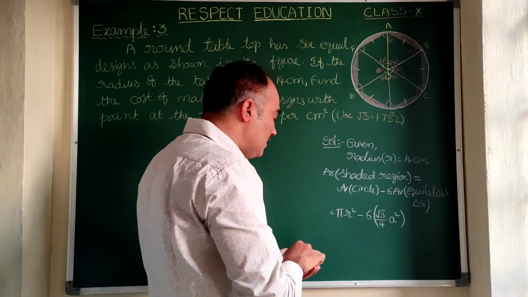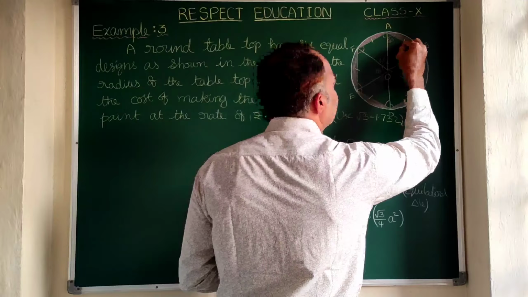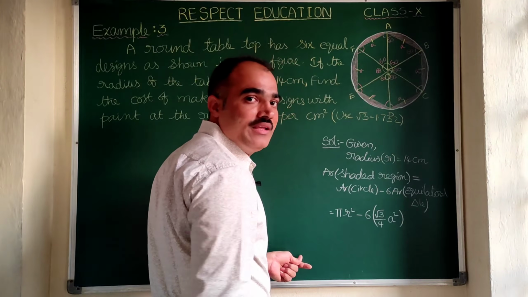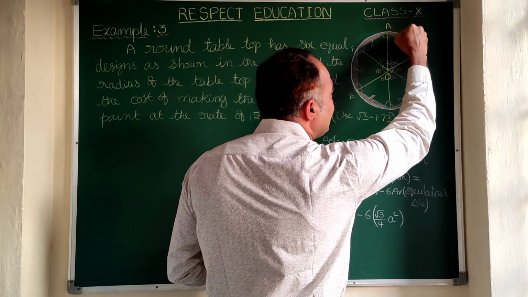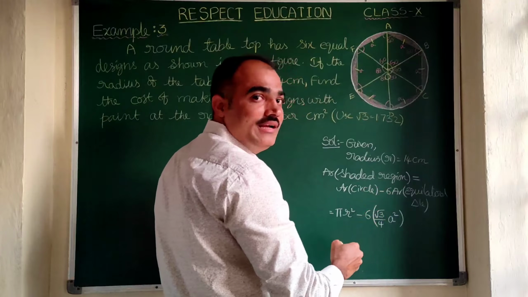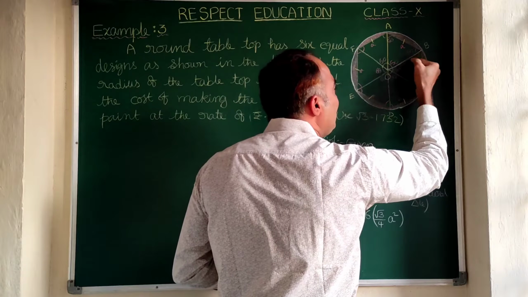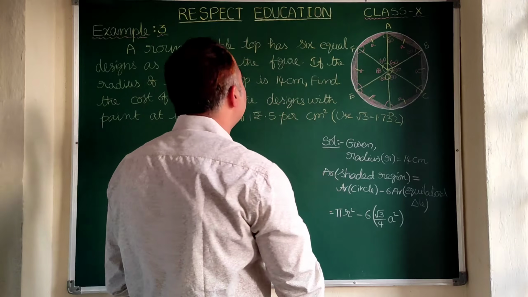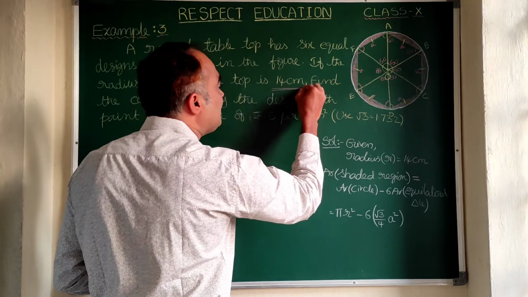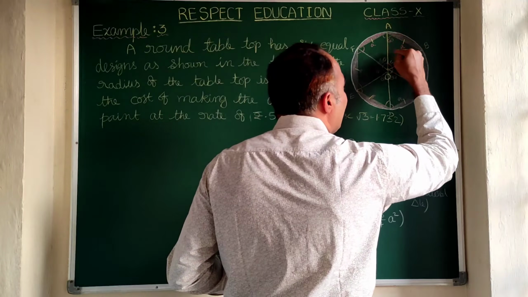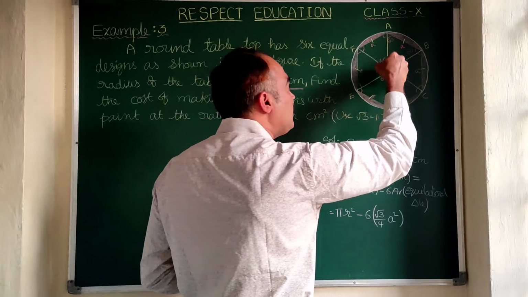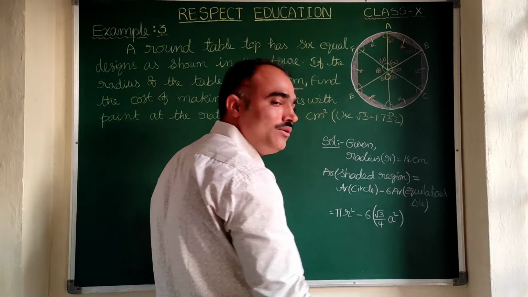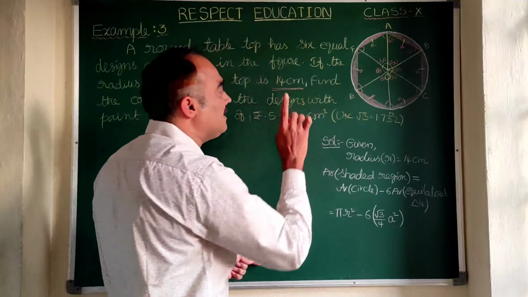Of course all the sides are equal, so if we take this as a, everything will be a itself. Clear? If this is A, means AB is A, since it is an equilateral triangle, OA and OB are also A. That means each side is equal to A. And in the question, the radius is given as 14 centimeters. OA and OB and OC are all radii. That means OA equals 14, OB equals 14, so AB is also 14. So A is equal to 14 and R is also given directly as 14.